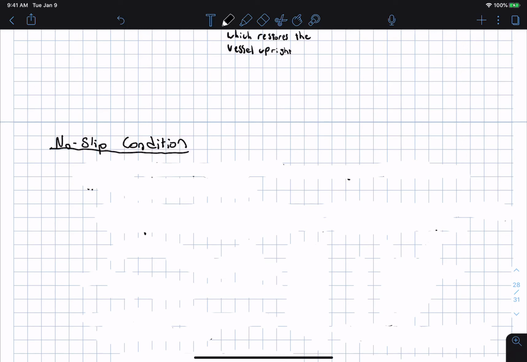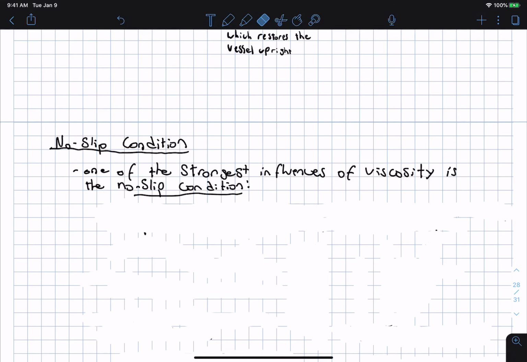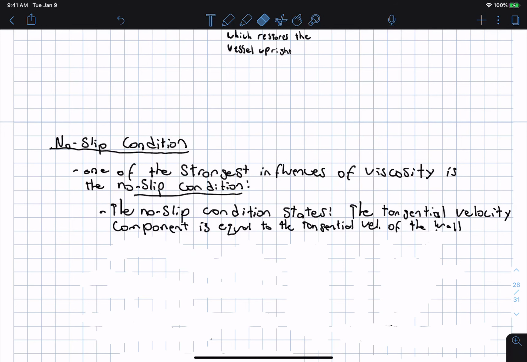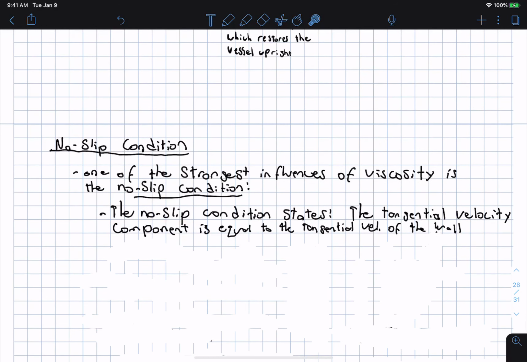Now I'm going to discuss the so-called no-slip condition. The no-slip condition is one of the strongest influences of viscosity that it has. It causes drag, as I'll discuss in a few minutes, and we'll discuss in more detail when we get to the very end of class. And the no-slip condition states that the tangential component of velocity